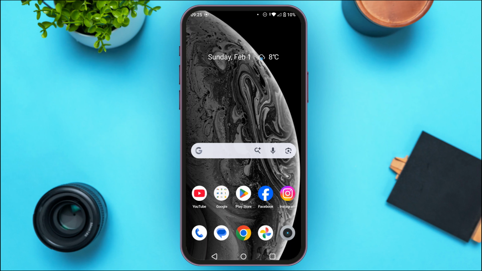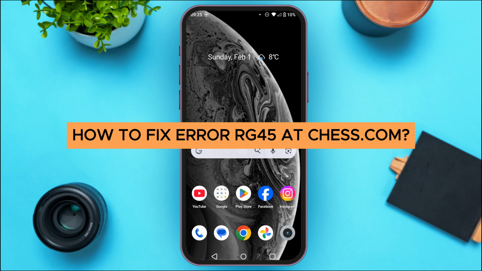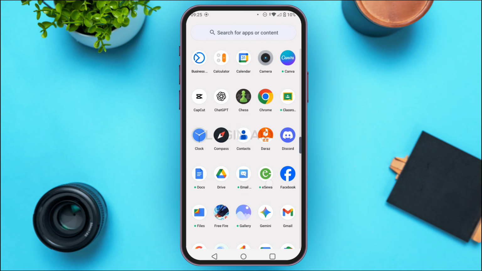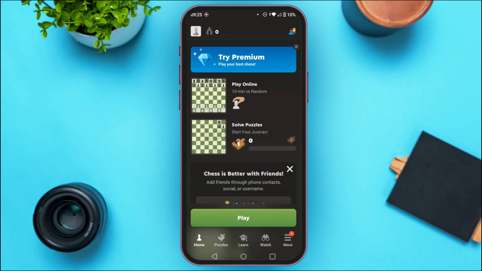In today's video, I'll teach you how to fix error RG45 at chase.com. So first of all, launch the chase.com application, or you can also open it on the browser if you want. Now once you open the application, if you have faced the RG45 error, what you have to do is tap